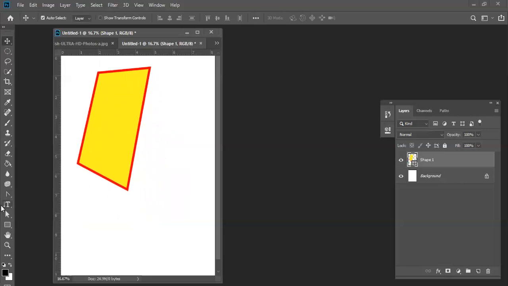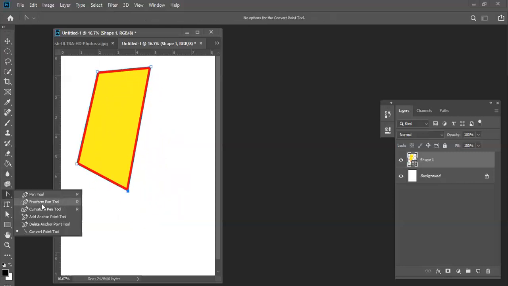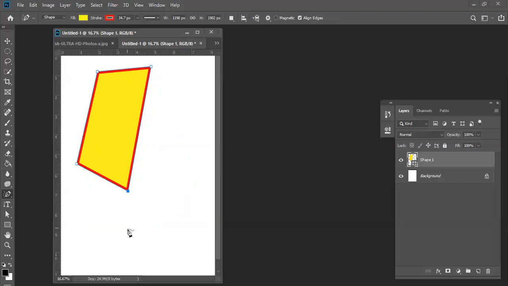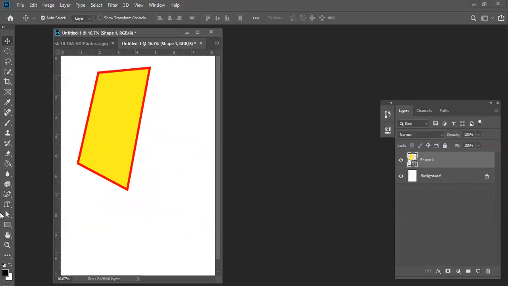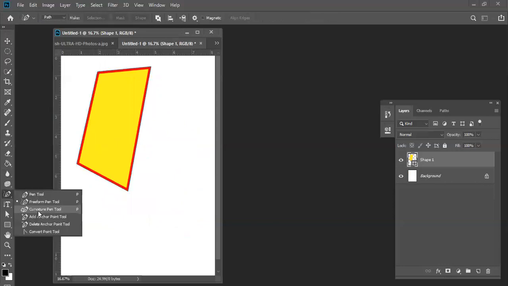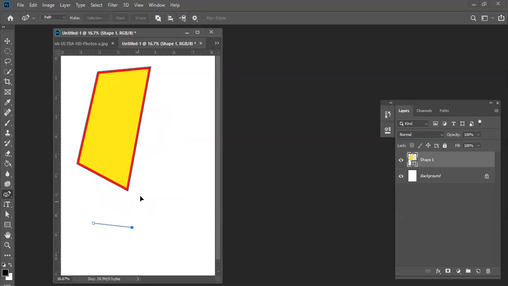So here we have other tools also. This is the freeform pen tool. If you want to create freeform, we use this tool. When you're creating, I don't want to create the shape, I need a path. Path means only the border, only the shapes I need. Here, the second one, this third tool you can also use. If you're using this one, see, one click, second click, third click, like this you can create.